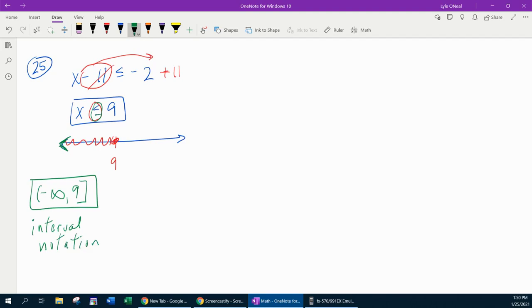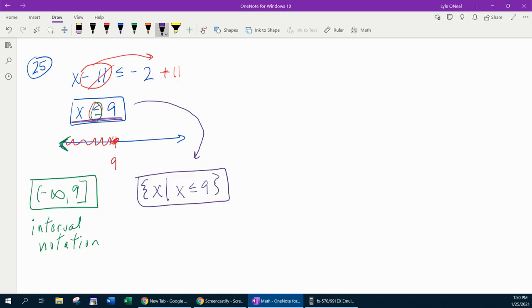Now, to do the set notation, this is super easy because we already have the solution. So the set notation is going to say the set of all x such that, and then you just write this statement here. X is less than or equal to 9, and that is your set notation. And that problem is done. Let's try one more. Number 29